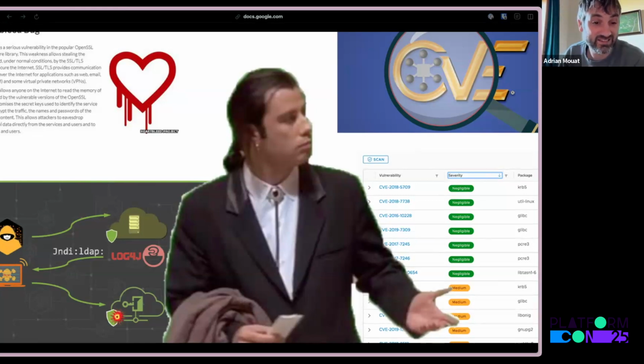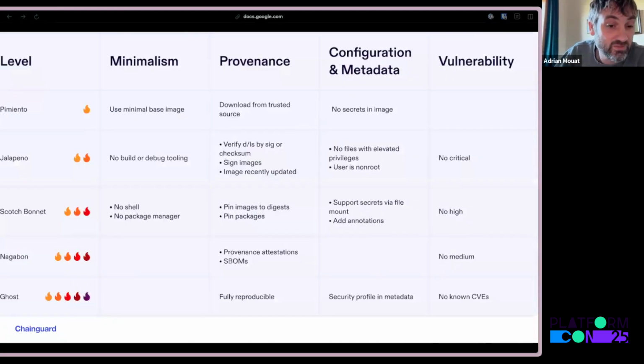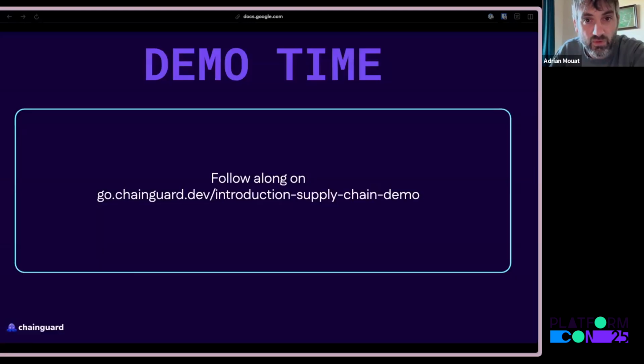My answer is twofold. One, minimalism. Try and cut out as much as possible. The smaller you can get your images, especially the base image, the closer you'll get to zero CVEs. And the second bit is to use something like Chainguard, where we do more work towards remediating CVEs and trying to give you a zero CVE base or application image. On that point, I'm going to hand over to Tom, who's going to take you through a demo